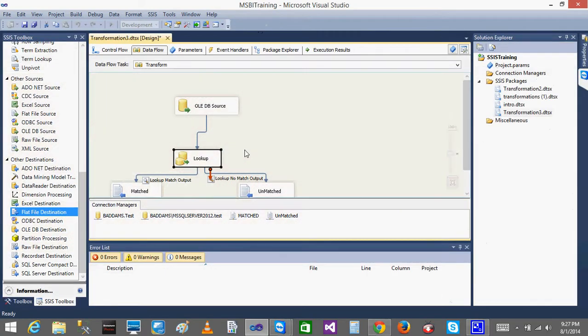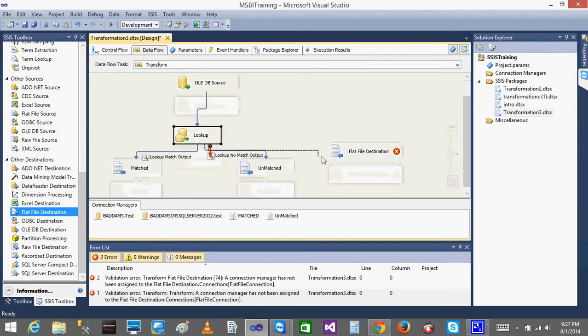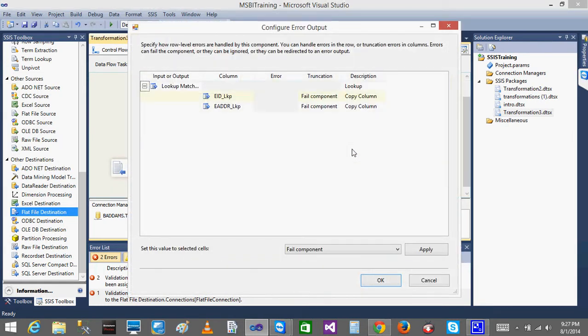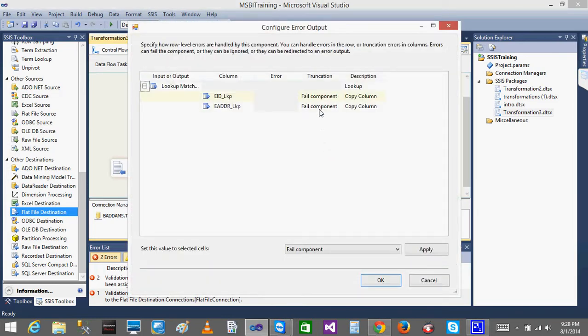Now I am showing one more thing. I'll add one more destination and name it failed, which is the error. I'll just connect the error button to this. By default, whatever data you get from this flow, that data will be there. That is the blue data, but when you connect the red error output to the other one, automatically you will get an error window. What does this error window mean?